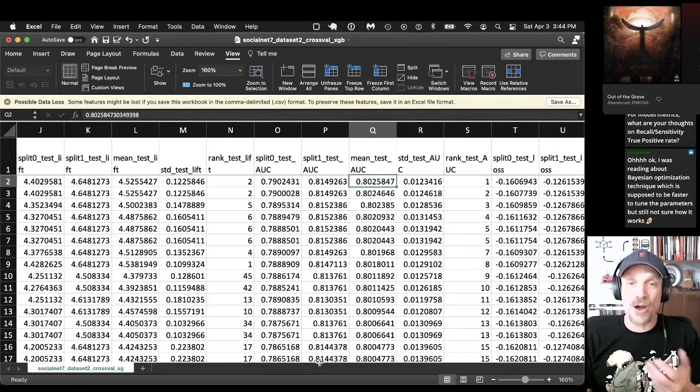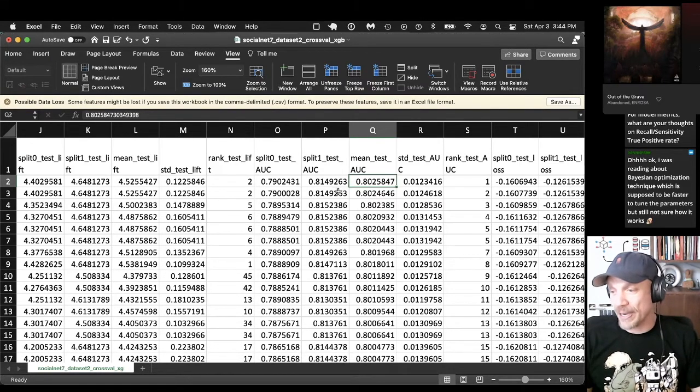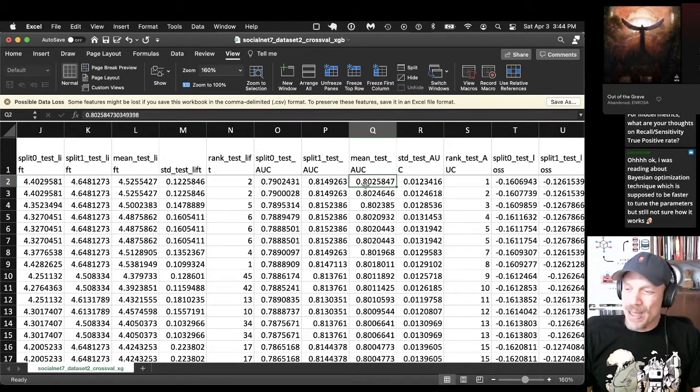Now that we know we have to look at the testing accuracy metrics, I don't even bother including the training accuracy. They're probably like 0.99 anyway. Maybe lower. But anyway, we found that the best accuracy is 0.8 and the best average lift is 4.5.